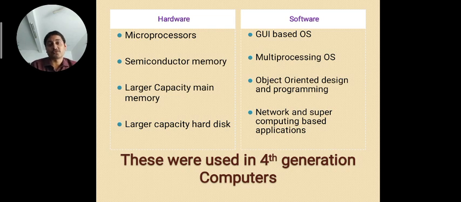The hardware and software used in this fourth generation was microprocessors. Then semiconductor memory, magnetic memory was replaced by semiconductor memory. This is the form of our random access memory, RAM, and ROM also. Larger capacity main memory, means magnetic disk and magnetic tape, they got their size increased. Larger capacity hard disk. Now the software, GUI based. G stands for graphical, U stands for user, I stands for interface. Graphical user interface, it means